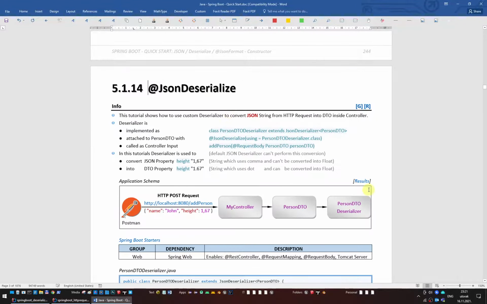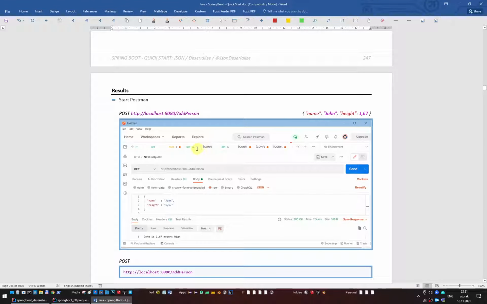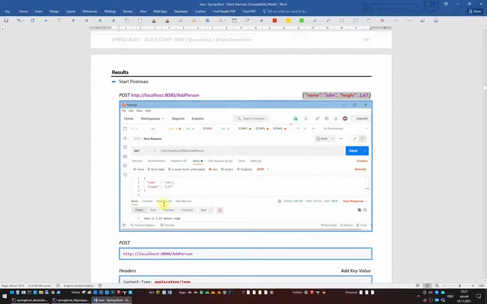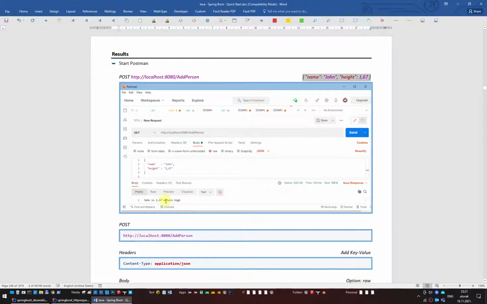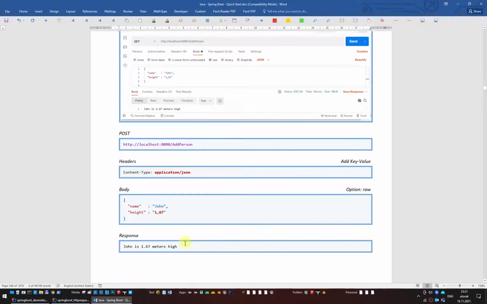We can now test our application by using Postman and using an HTTP post request to call the endpoint URL and send this JSON string as the body of that request, and in return we will get this value shown here and also